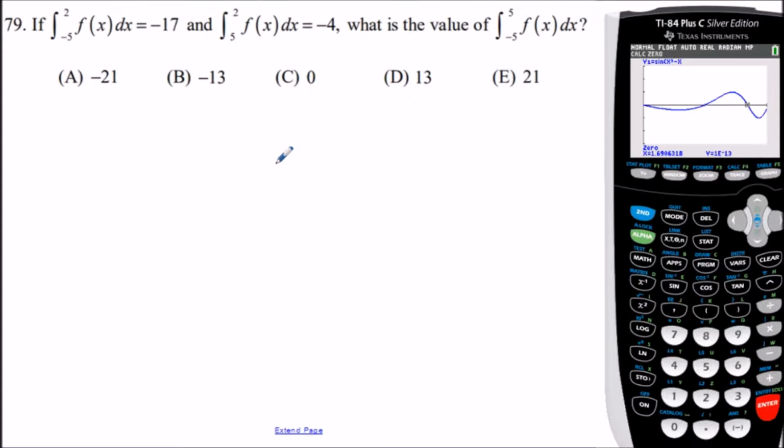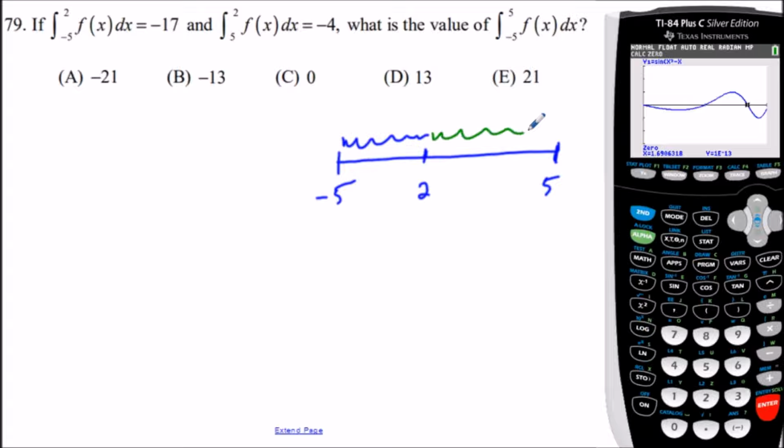For the next question here, this is a no calculator question. I wouldn't waste your time trying to use a calculator here. We want to know the value of the integral from -5 to 5 of f of x, and we have these two known integrals here. Now, the first one is good to go, but the idea is that if we want to find the area from -5 to 5, what we could do instead is find the area of the function from -5 to 2. So we find this area, and then we're going to add it to the area from 2 to